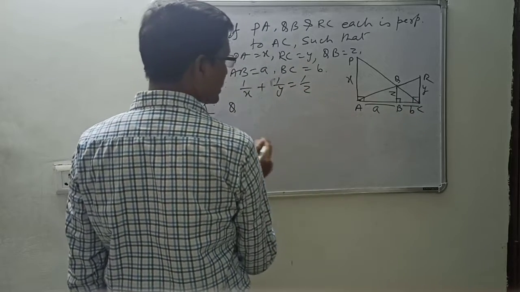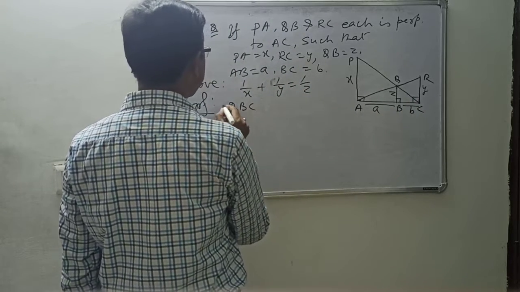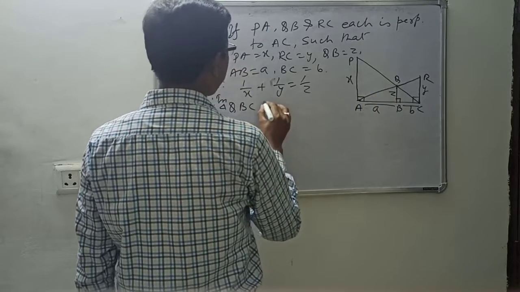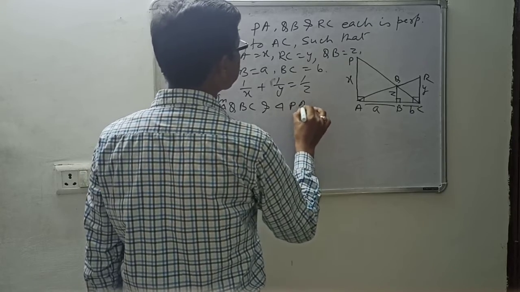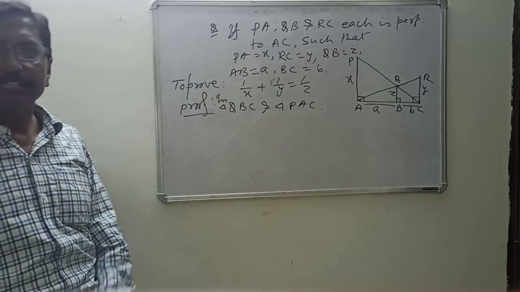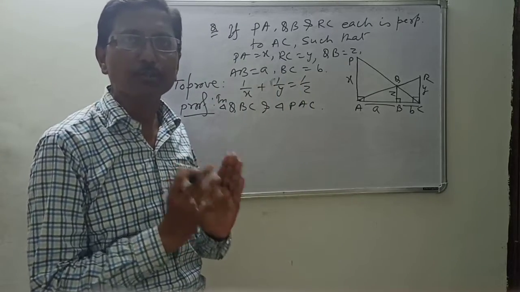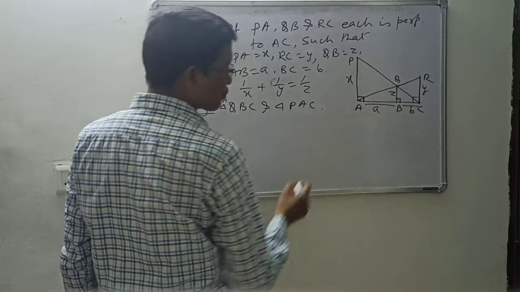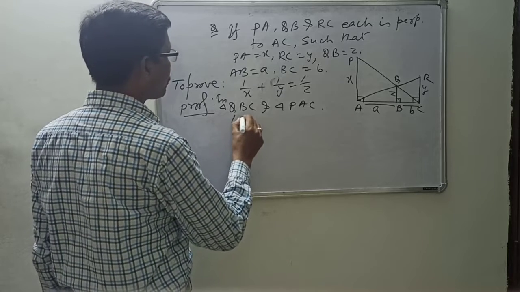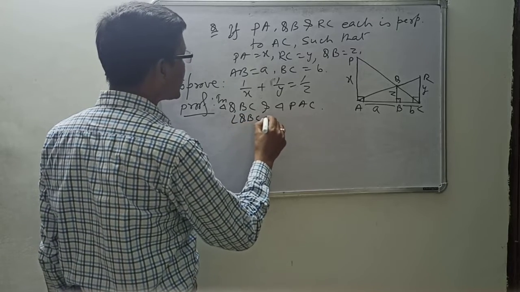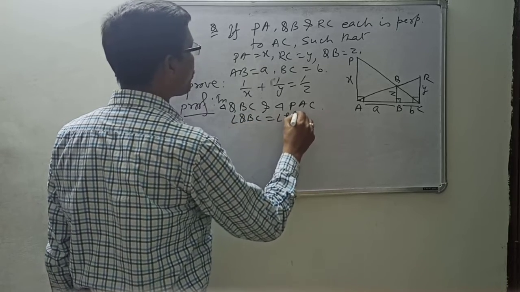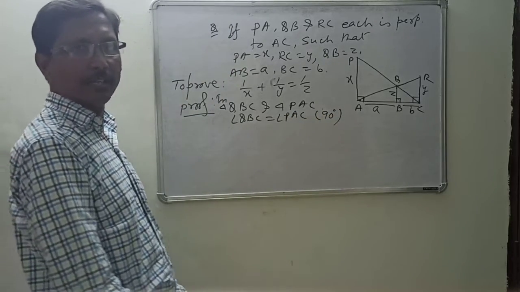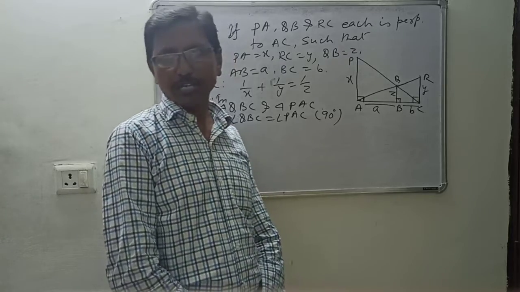That is, on one side you will have triangle QBC and triangle PAC. See these two triangles. Which parts can you get equal? This angle is 90 and this angle is also 90 because perpendicular is given. So ultimately angle QBC is equal to angle PAC because each one is 90 degrees. One angle you have proved equal.